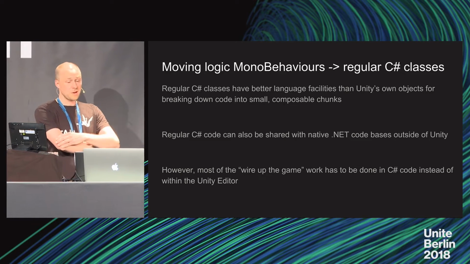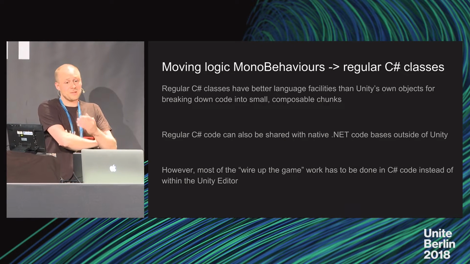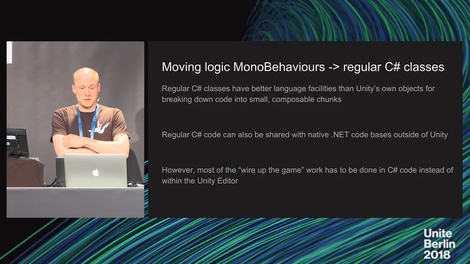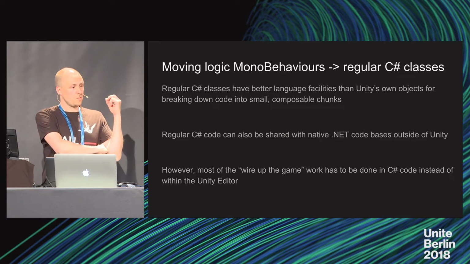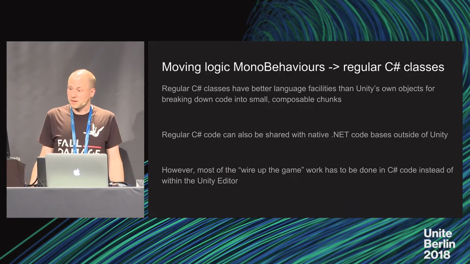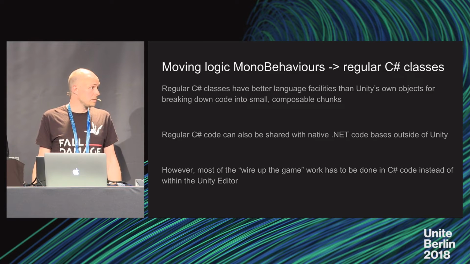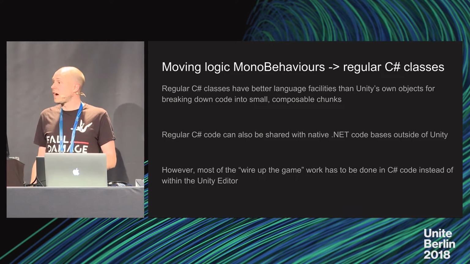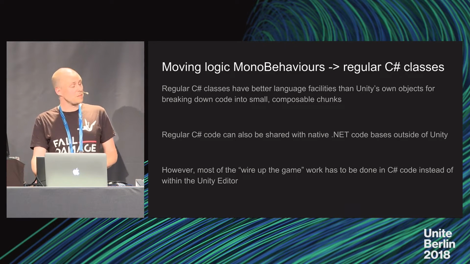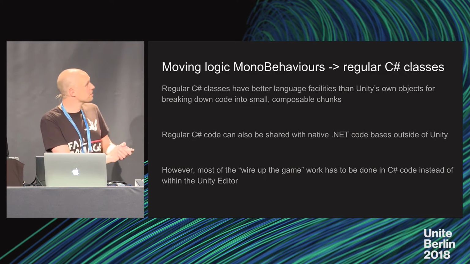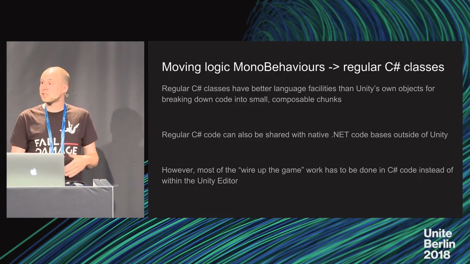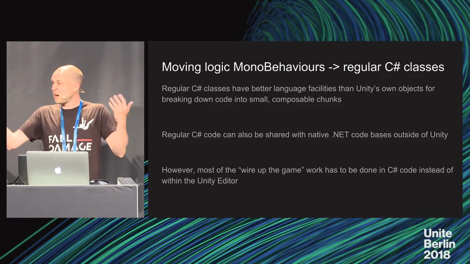What you're losing out on if you go for regular C# classes is that the Unity editor will no longer understand what you're doing. So it will be work where you'll need logging and the debugger and so on to inspect what's going on there. Me being a seasoned non-Unity programmer, I'm perfectly comfortable making this choice. And since everybody else seems to be talking about how to stuff things into ScriptableObjects, I was thinking, okay, this session I'll demonstrate what happens when you use raw C# classes instead, just to present a counterpoint.